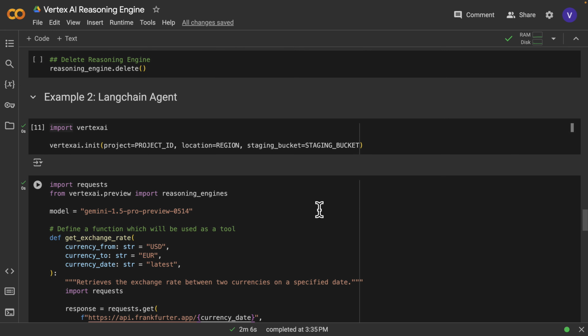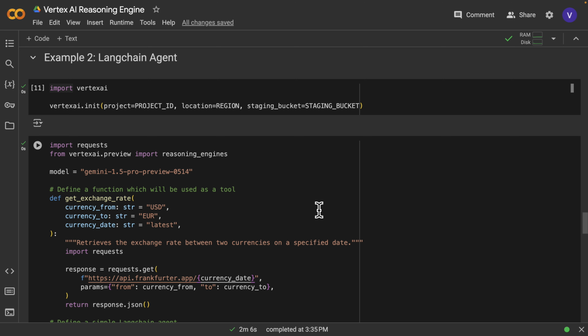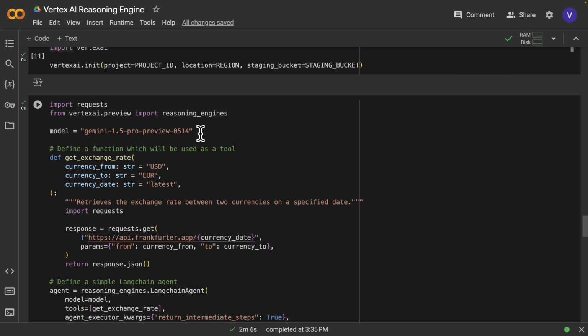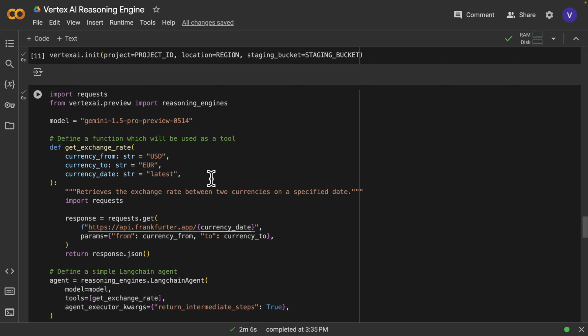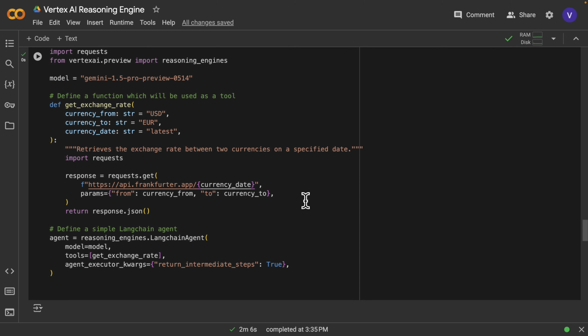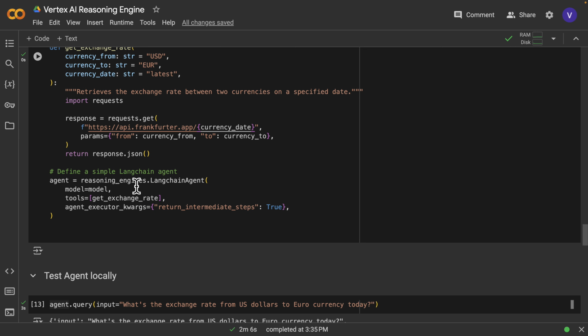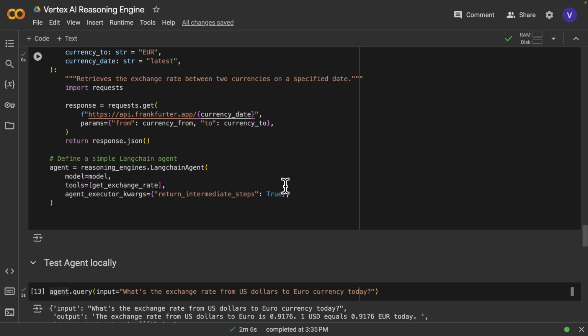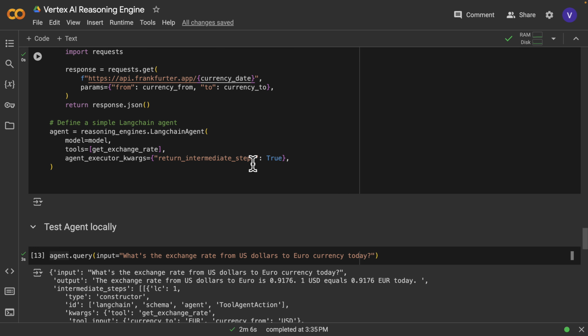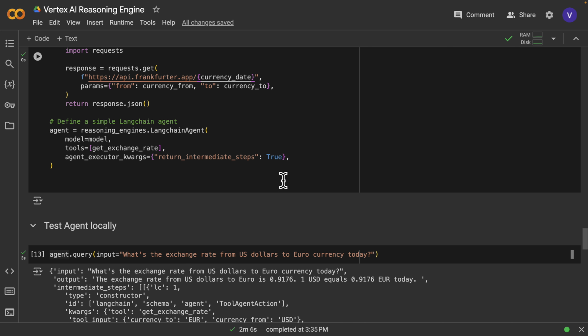Here I have a second example where I deploy a Langchain agent. This is a simple agent where I have my model here, a function, which is a tool that the model will have access to. This is a simple exchange rate converter. And here I initialize the agent app by calling the Langchain agent method in the Reasoning Engine's library here, passing the model, the tools and any extra arguments like the return intermediate steps, which will give us a verbose output